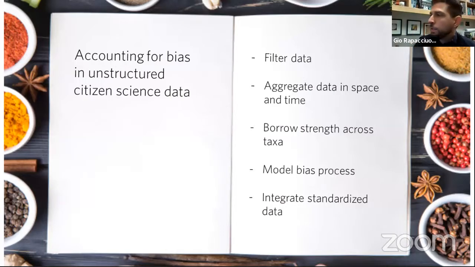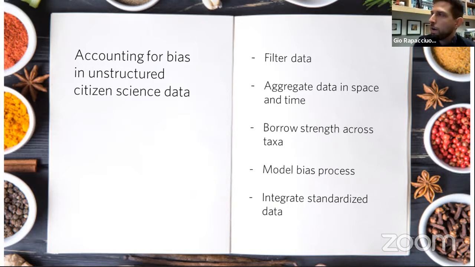And so over the last 18 months or so, I've put together a recipe of sorts. I love cooking, so I turned it into a recipe that involves 5 steps to extract signals of biodiversity change from crowdsourced citizen science data derived from iNaturalist. And so we'll go over these in a little bit of detail with some findings over the rest of this part of the webinar, because I want to give you some idea of the complexity that's involved here